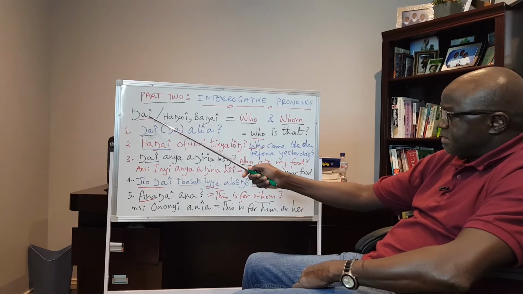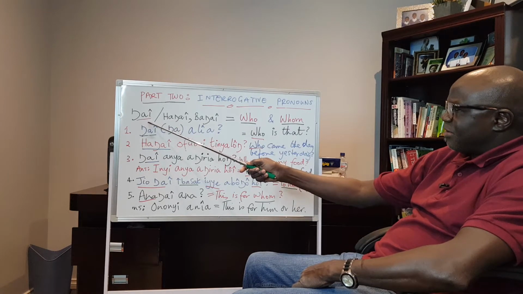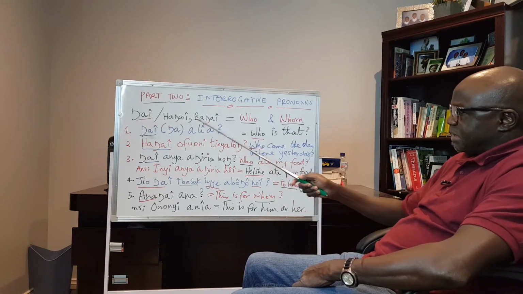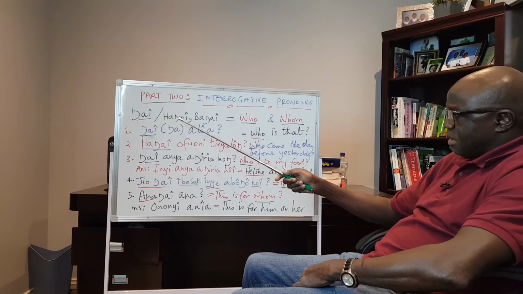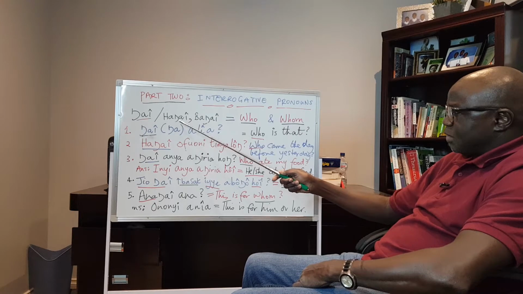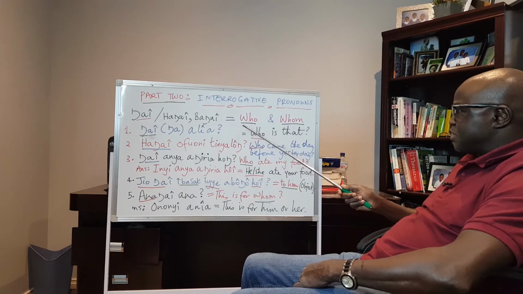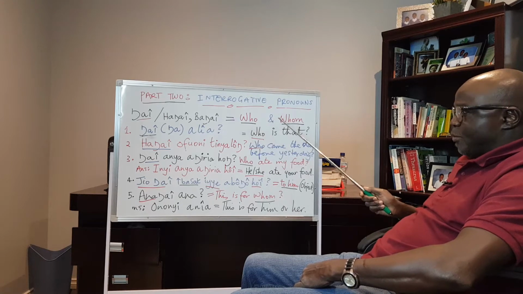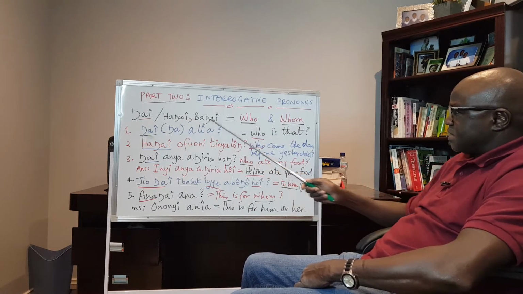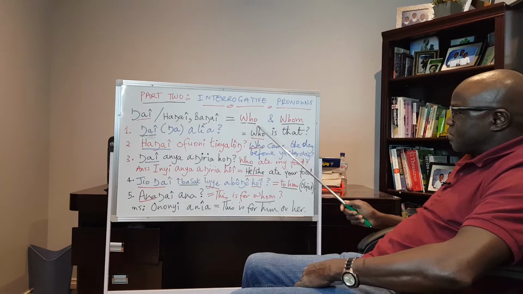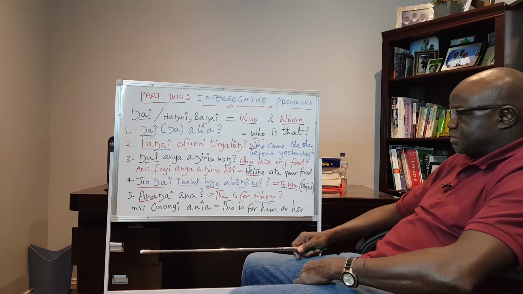As you can see here, this is Haŋaî. This is the singular form of these ones here. So when you ask one question, you use Haŋaî. If you ask several people, you will use Haŋaî or baŋaî. As you can see here in English, this is who and whom. These words replace the English words when we are asking questions.